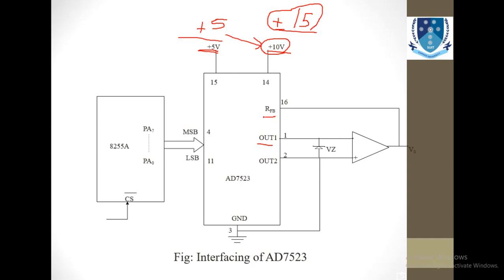This is the reference value, and you know that the reference value also has a range of -10 volts to +10 volts. You see that this reference value is being multiplied with the output of the pins. But the output of the pins is not directly multiplied with the reference value. There is some circuitry involved. The first one is the Zener diode.